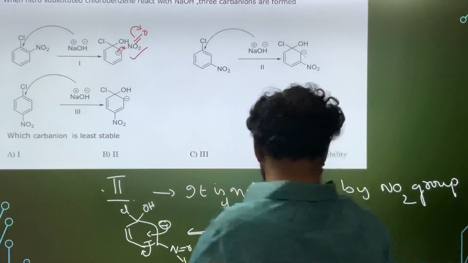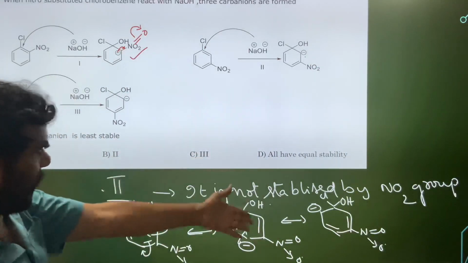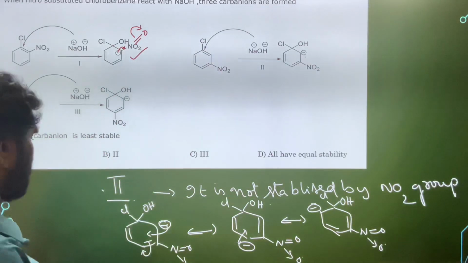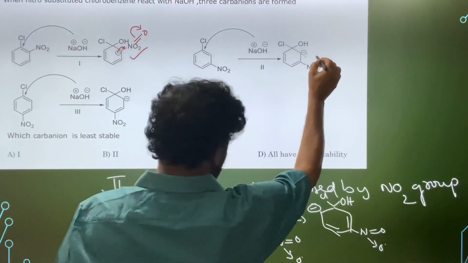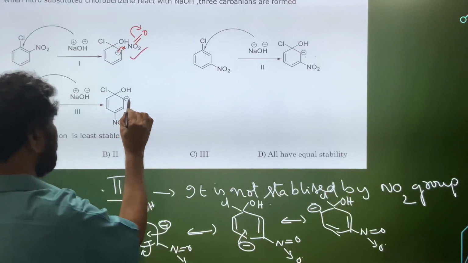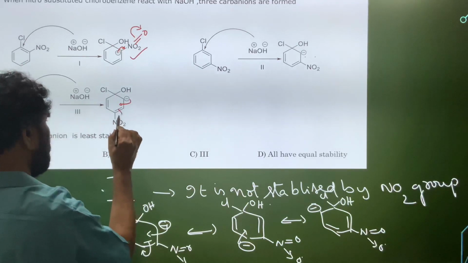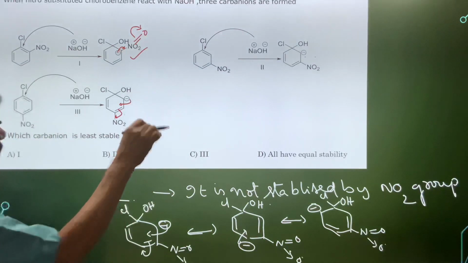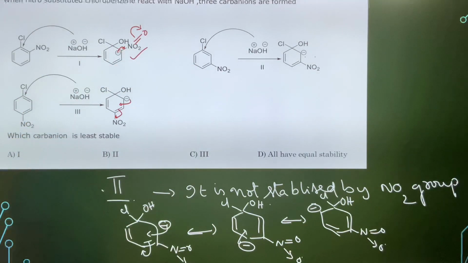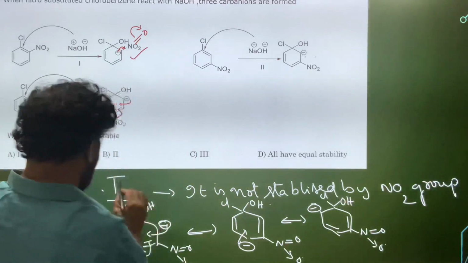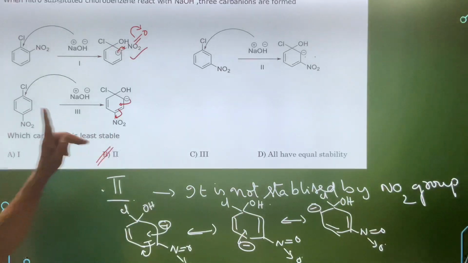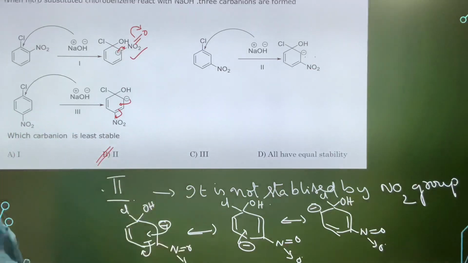See, I have given the resonance structures here. According to the resonance structures, negative charge is not forming on the carbon to which the nitro group is attached. Therefore, this is less stable. Here again, this goes like this, flowing into the nitro group. Here that facility is not there. Therefore, B is the correct option. Among them, B is less stable.